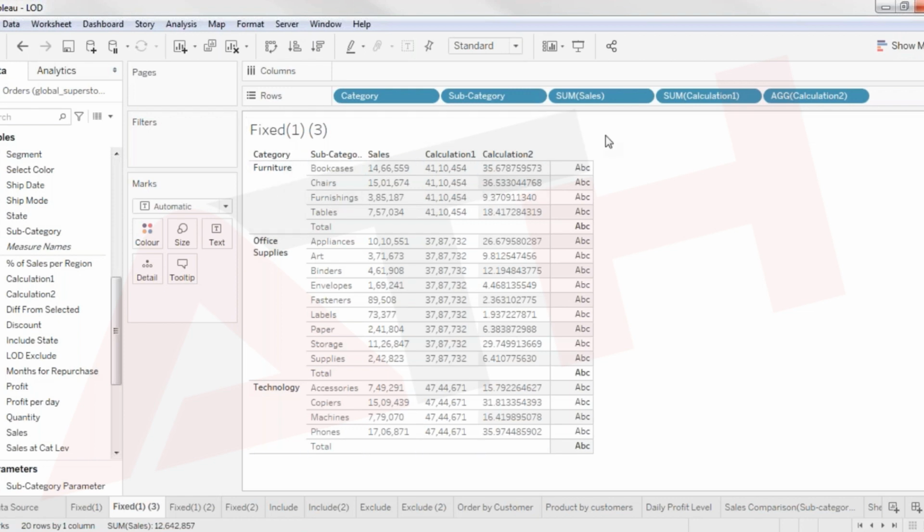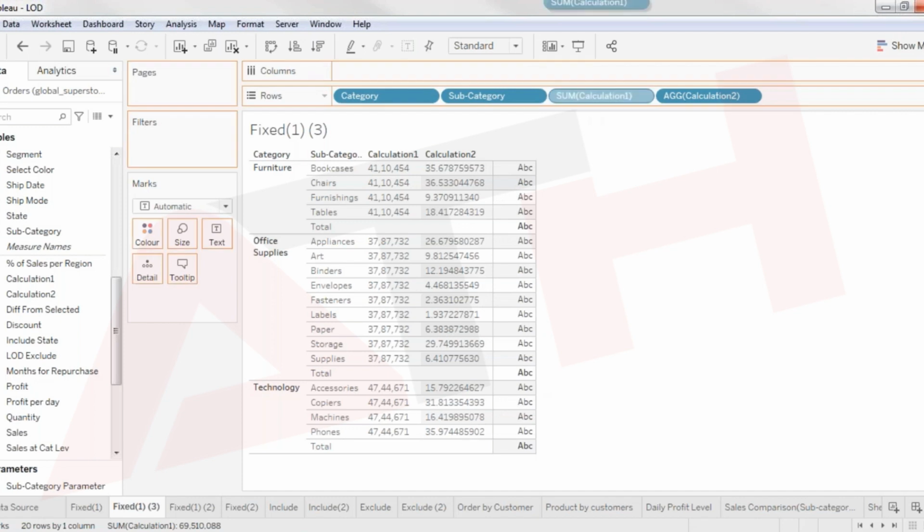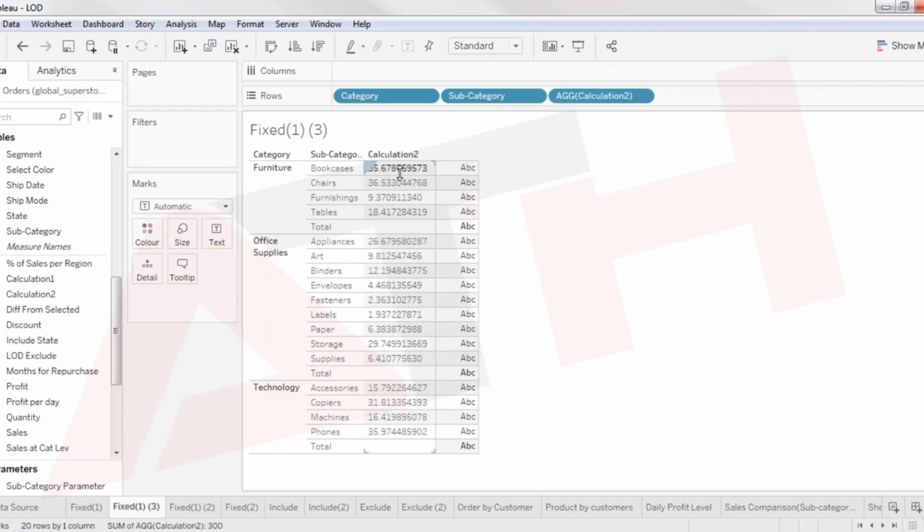So most of the times, I would say 90% of the times, all these calculations that you are seeing, like sales calculation one, the fixed calculations that we are using, let's say in this case calculation one, will be used as an intermediary calculation for achieving a particular view, which is in this case the aggregation, calculation two. That is something that we wanted in the first place. So I'll just remove these two from here, and as you can see,